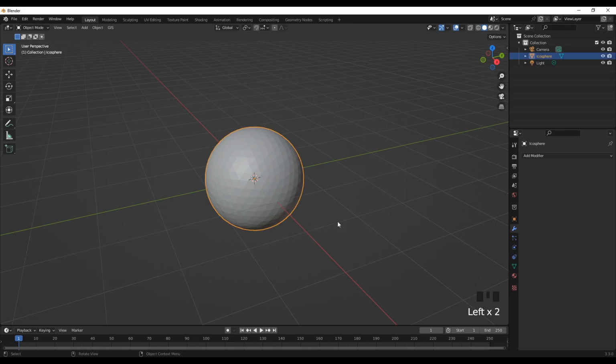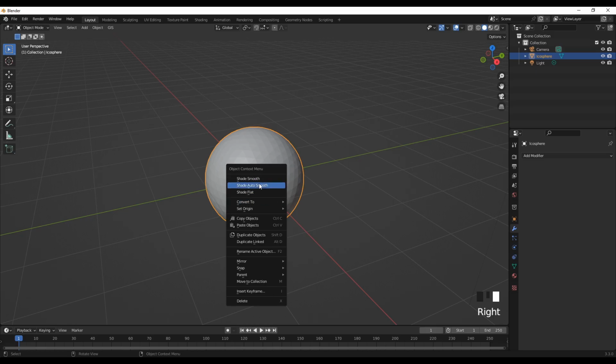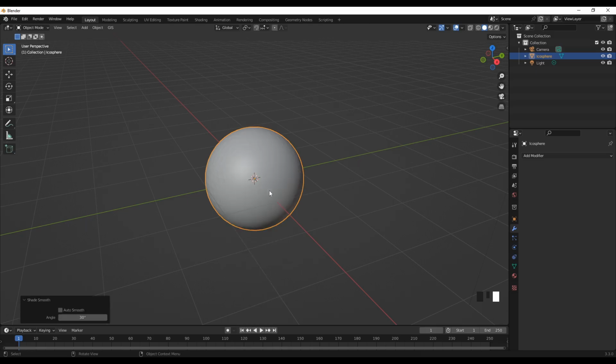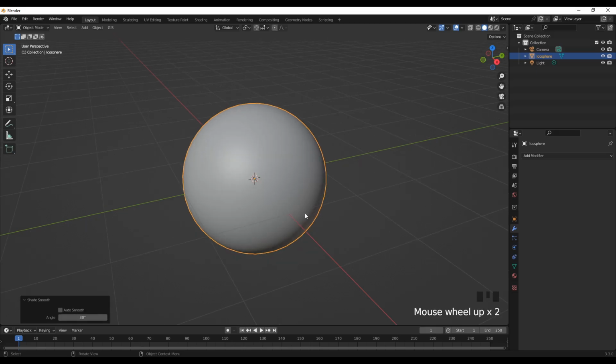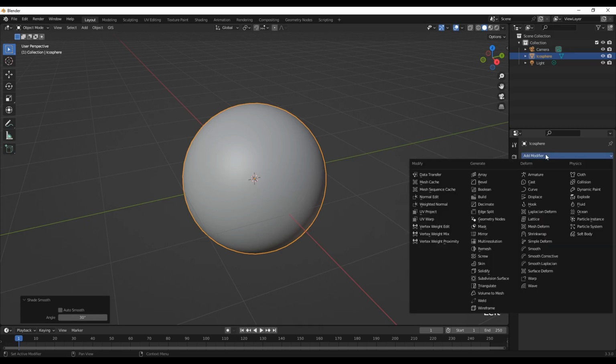Okay, so what we can do, let's shade smooth to add more meshes so that we can have different faces to work with. Okay, now we can select this and let's go to the material properties, the modifier properties, add modifier,